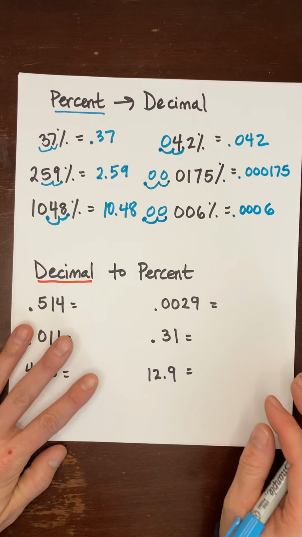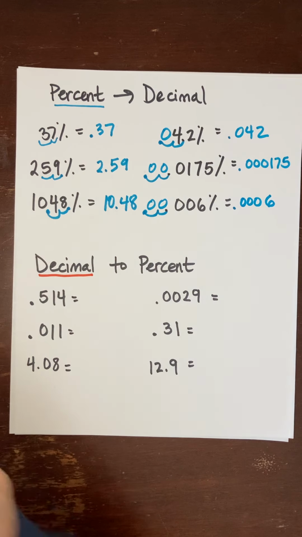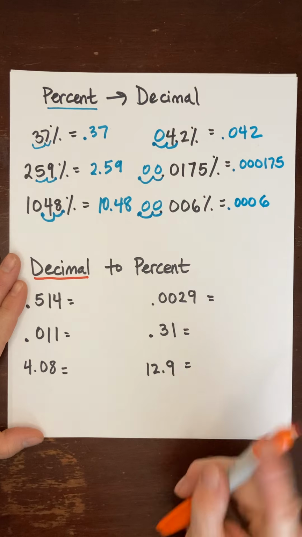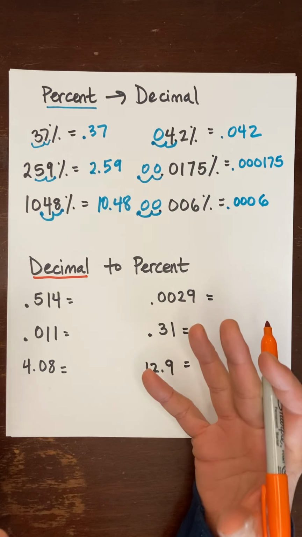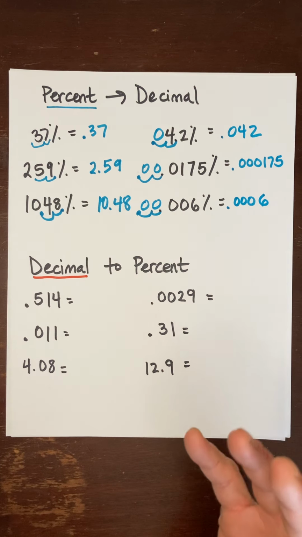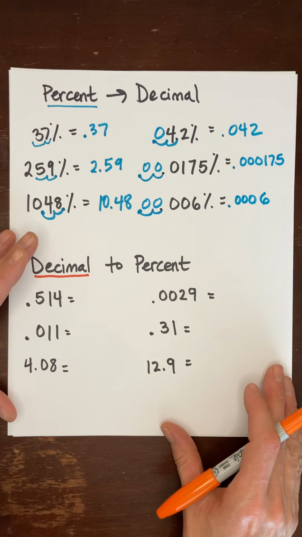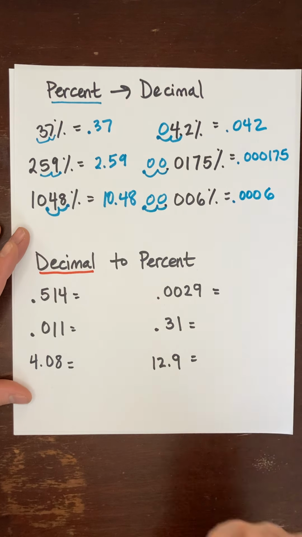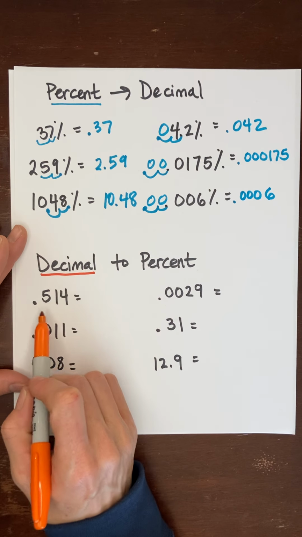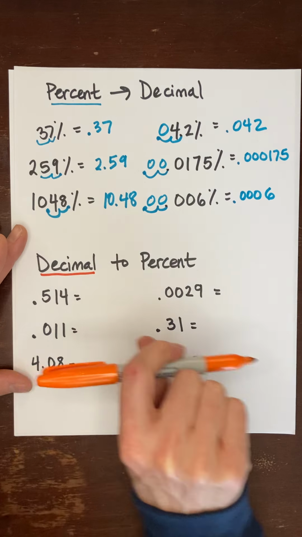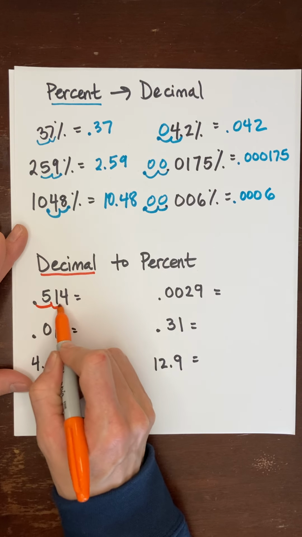So that was quite quick and easy and didn't require a lot of work. It's the same thing when we're going from a decimal to a percent. I do not need to write out times 100. I only encourage students to write it out when they're still learning what it means and learning how to do it. So when in doubt, write it out. But if you don't need that step, then don't do it. So multiply by 100 means move my decimal to the right 2 places. 1, 2,